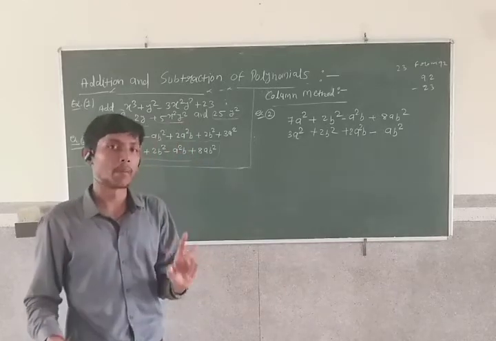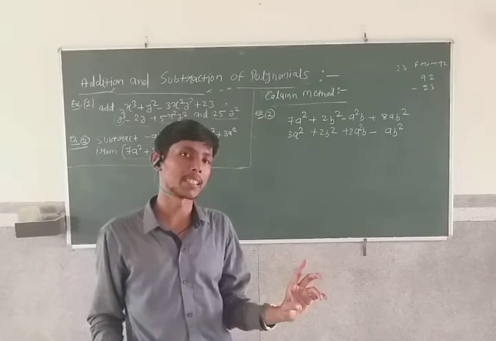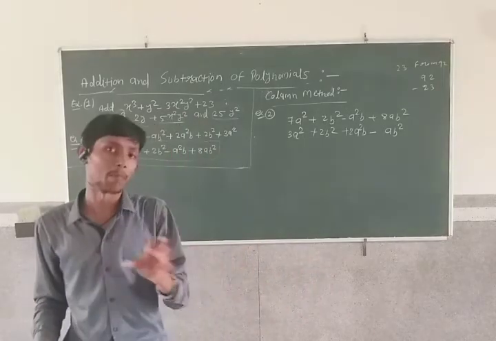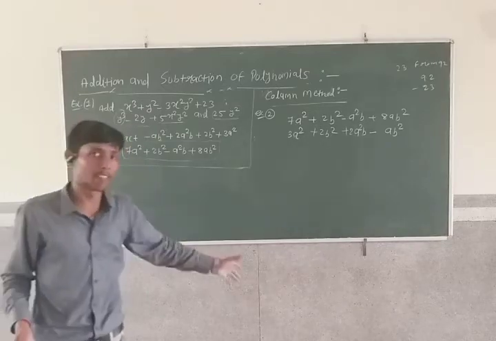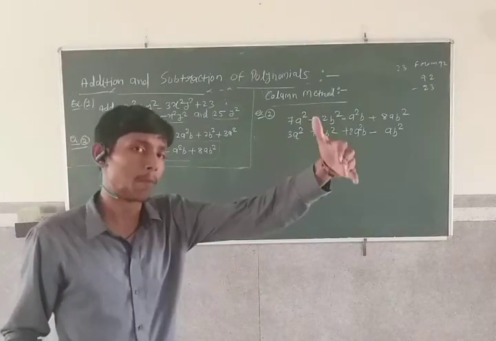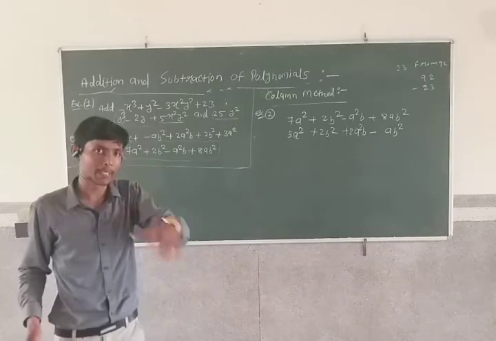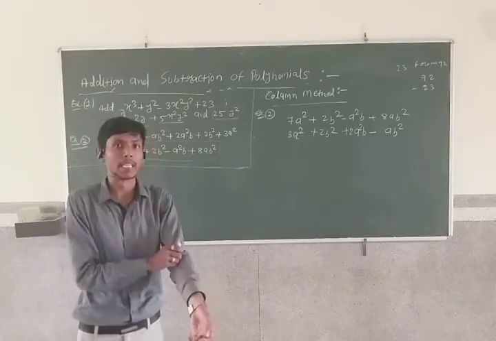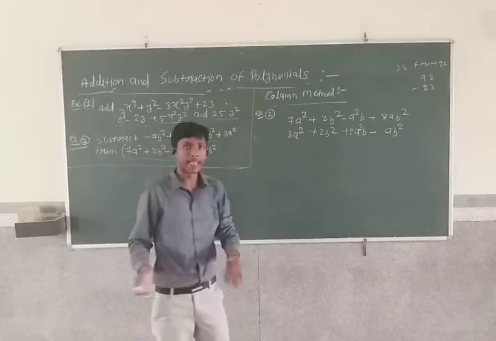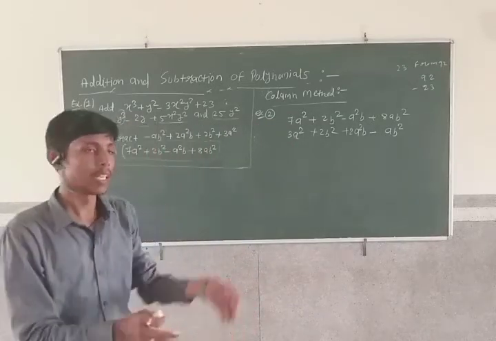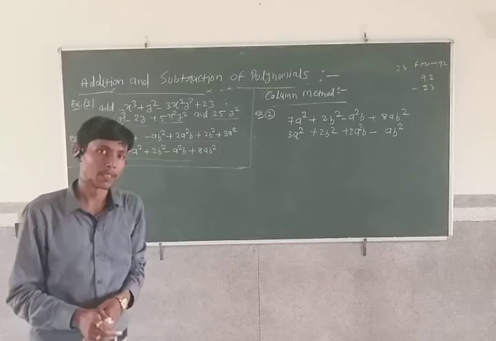So dear students, remember the first thing in subtraction: you have to write it properly. How to write it properly? The polynomial that is written after "from" you have to write at the top. Many times students make mistakes, they do not write it properly. So the polynomial written after "from" you write at the top, and then you write the second polynomial according to the columns.